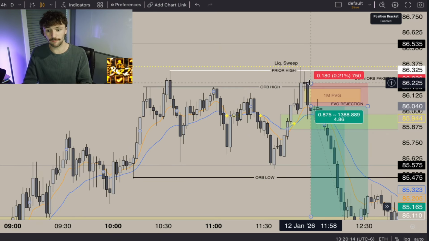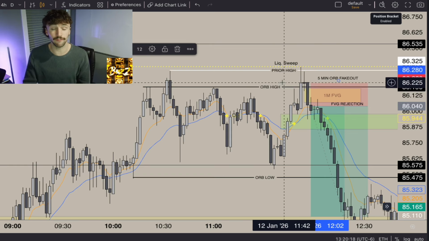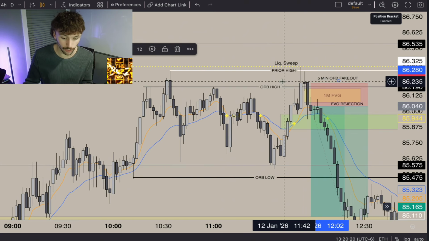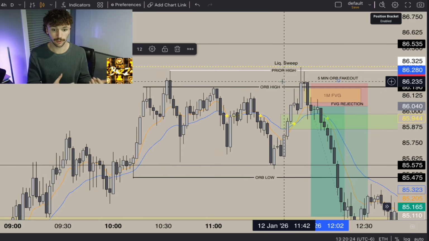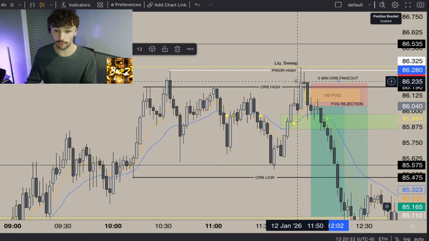Also looking at the 5-minute time frame, we break down and actually get a 5-minute ORB fake out, meaning that we did not break ORB. We actually went up to ORB and then came back down, faking out that ORB, which is very, very bearish. We all know that ORB is respected very well throughout the day, and that ORB high and ORB low are two turnaround points. Well, we end up getting a turnaround point not only on top of prior highs, making a liquidity sweep, but also at ORB high, letting us know that we have two bearish confluences already working in our favor, and so we are definitely sitting bearish right now.